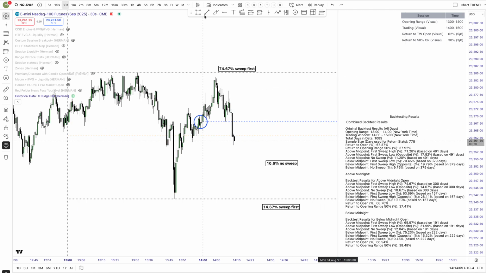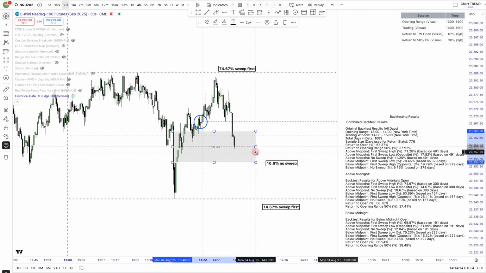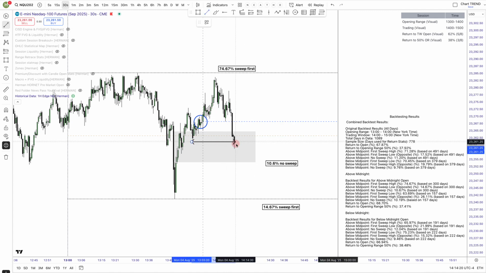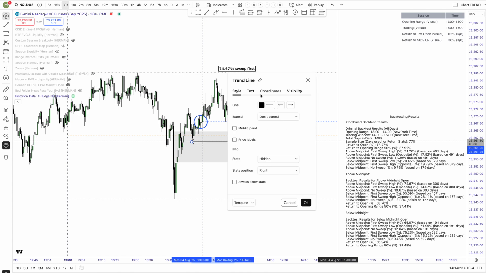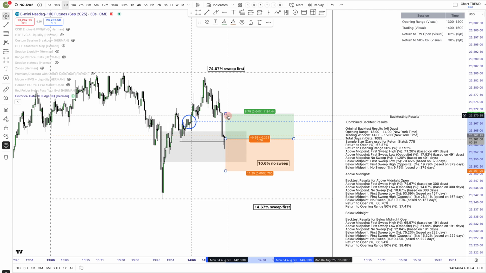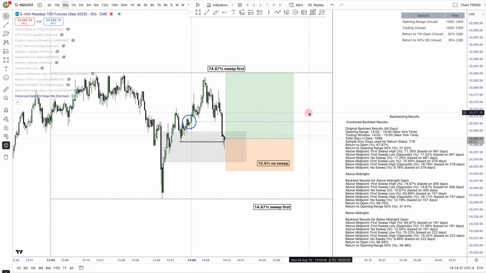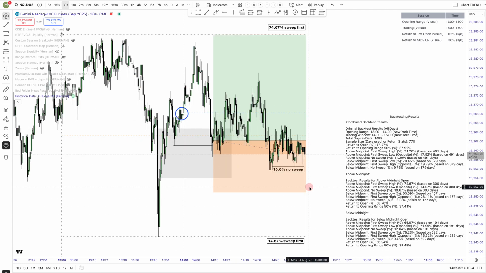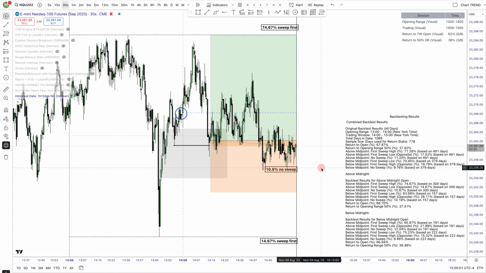Even when the price is dropping, it's a good opportunity to add into the position, as we've got an inverted fair value gap in here, and we just swept that low. So it looks like a really good opportunity to add into a position or actually enter a trade in here. Unfortunately, today it's one of those 10% days with no sweep. Looks like the power hour will finish off the business.